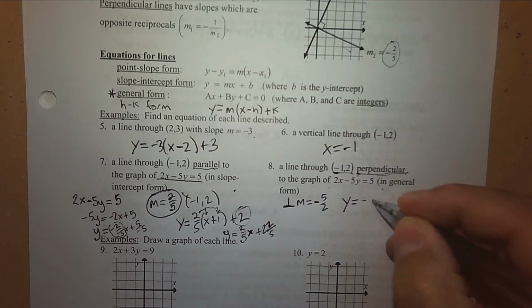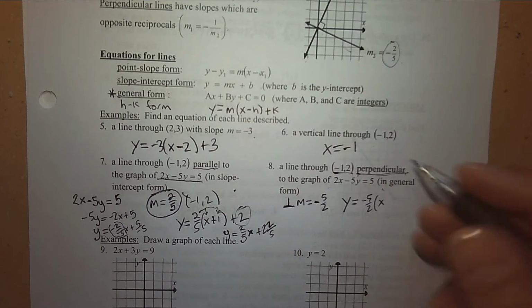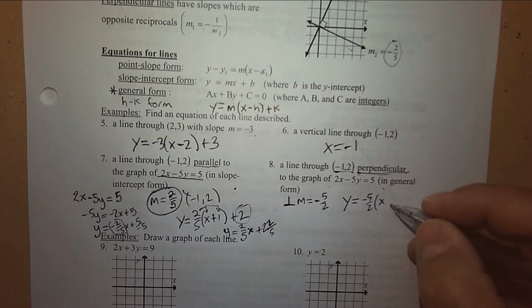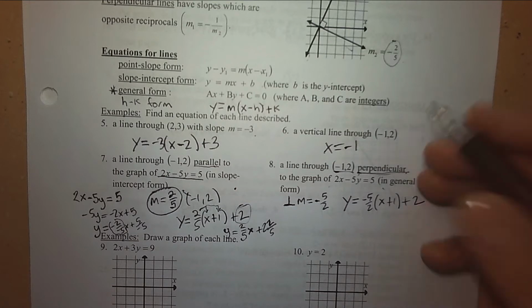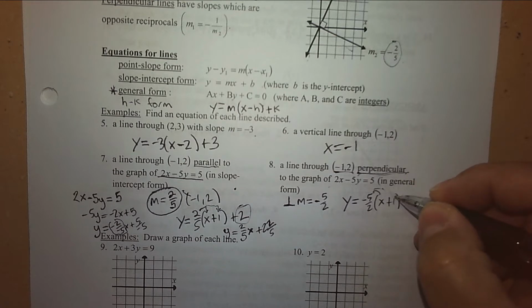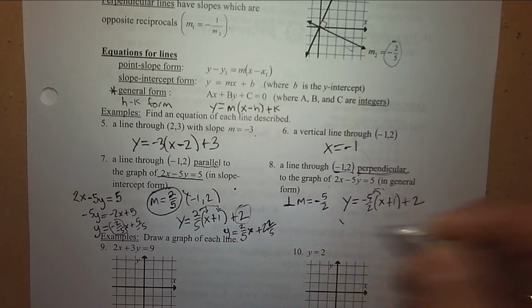Negative 5/2. Then what would I write down? y = -5/2(x + 1) + 2. Now, if I wanted to write it in general form, which seems kind of silly, but I'll do it because they said so, I'm going to distribute. If I distribute,